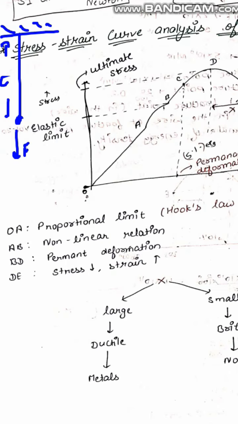We can analyze the things in terms of certain points. These are O, A, B, C, D and E. You can see that in the region OA, stress is proportional to strain. This is called the proportionality limit. In this limit,